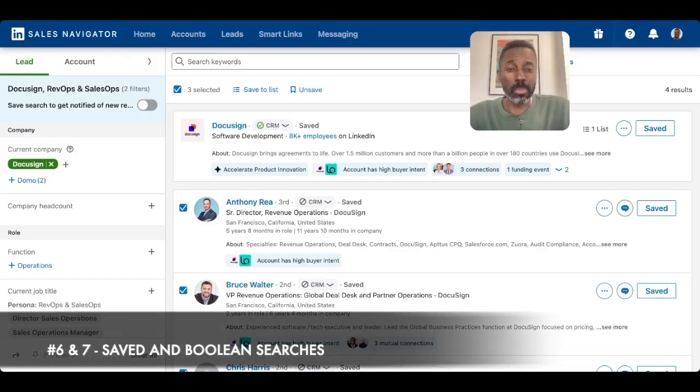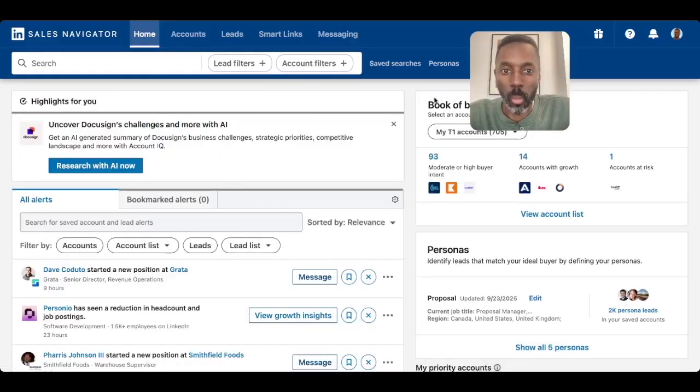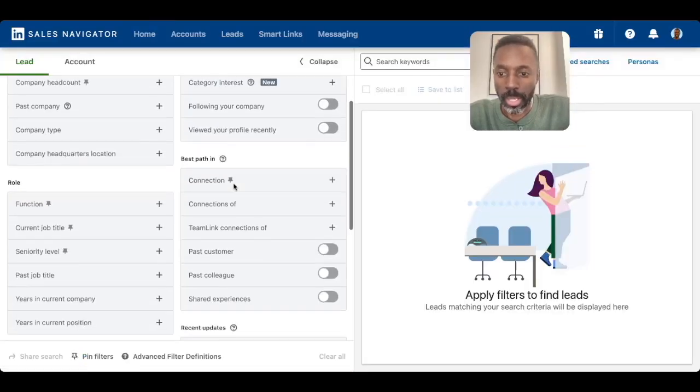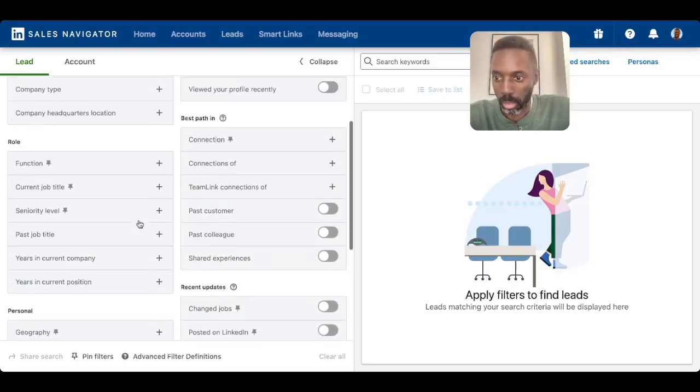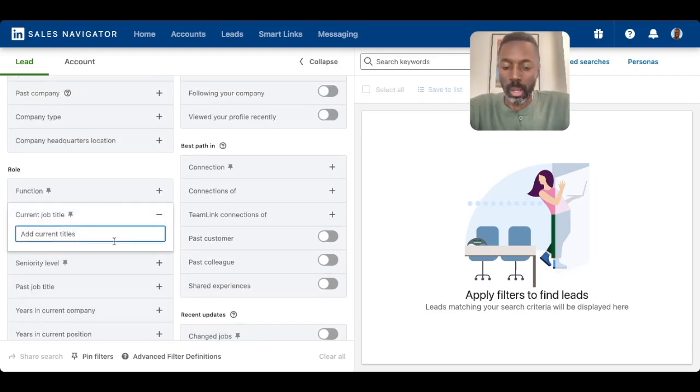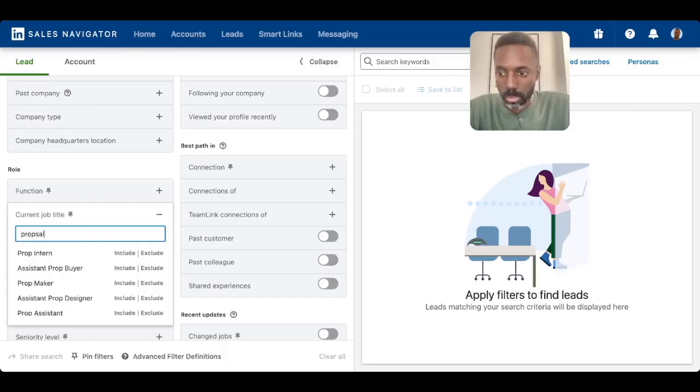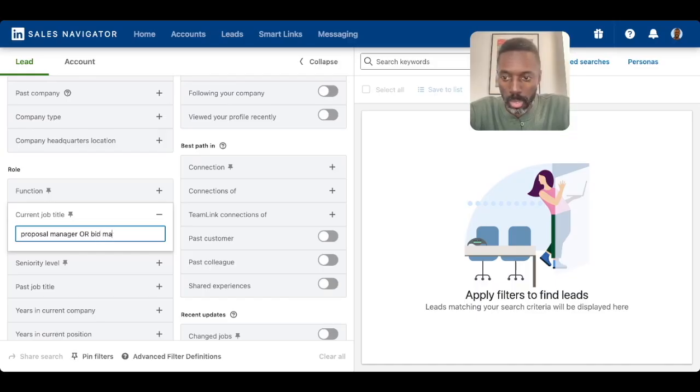Okay, and for tip number 6 and 7, I'm going to combine them together. It's all about having saved searches and using Boolean searches. So basically, it's like this. If I come in here, for example, and I want to get really strategic, under job titles, I might say proposal manager or bid manager or